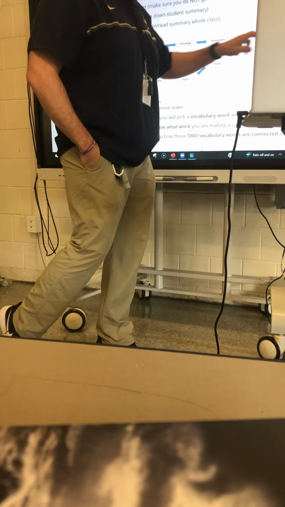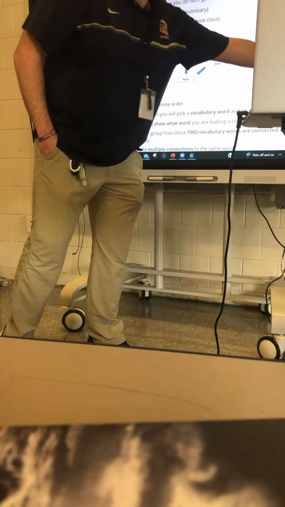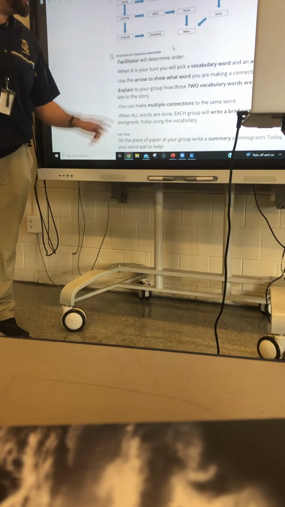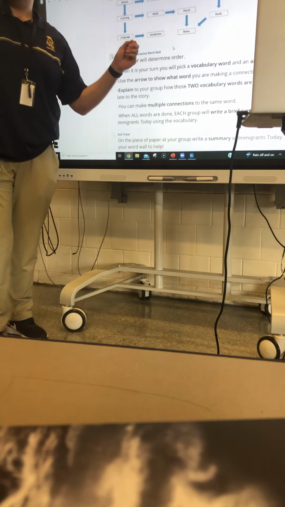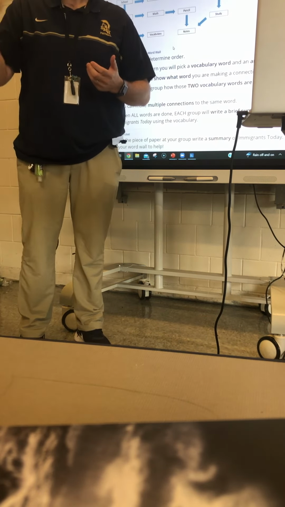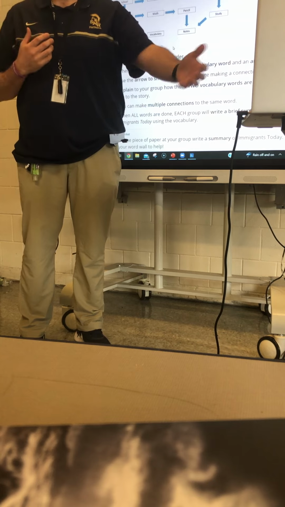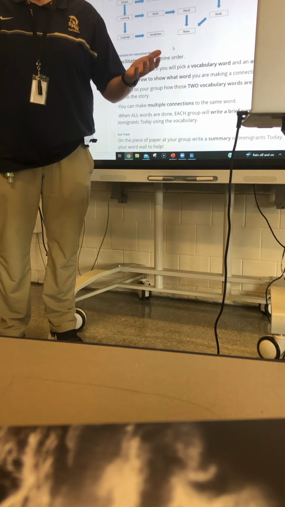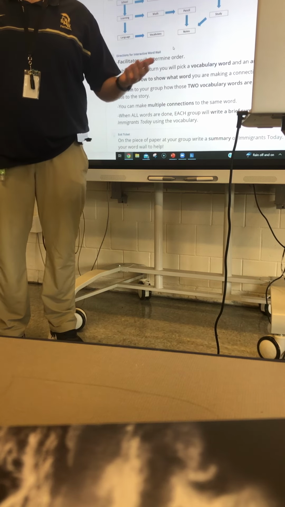Okay? Now, I'm going to publish these examples, but I will go over it because it looks very confusing to start. Okay, here's an example of an interactive word wall. What does interactive mean, first of all? To talk to someone. You interact with your group. You're talking, you're giving examples, you're putting your input in. What's a wall? And what are words?